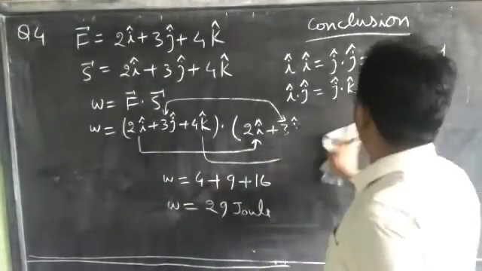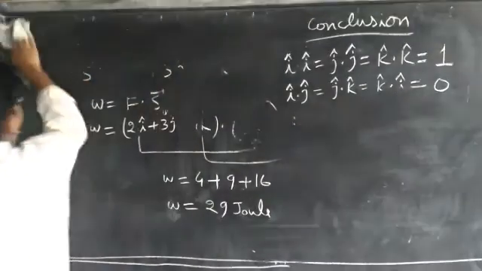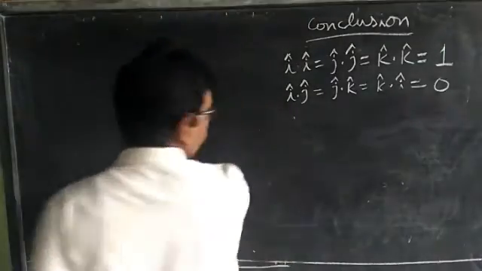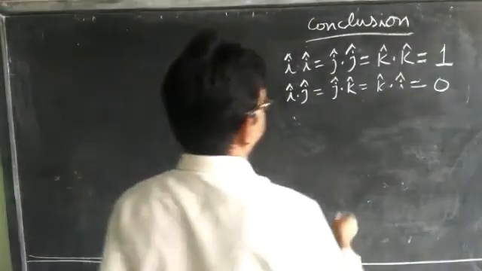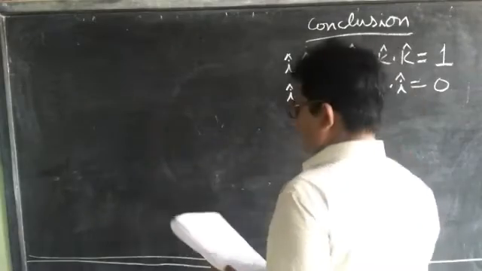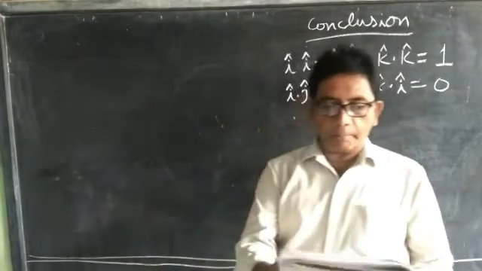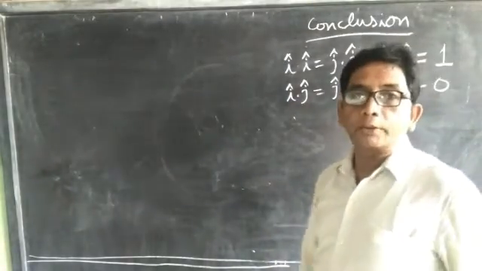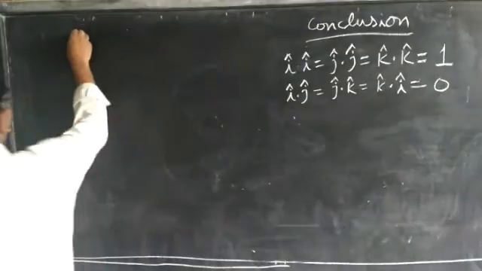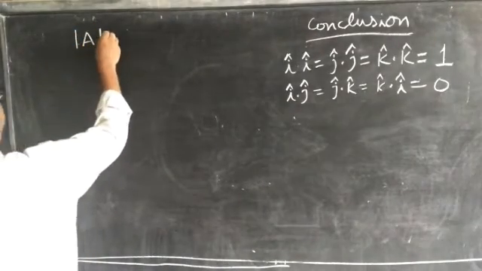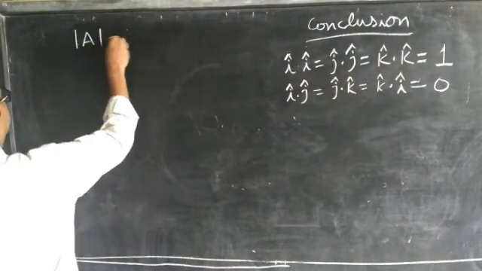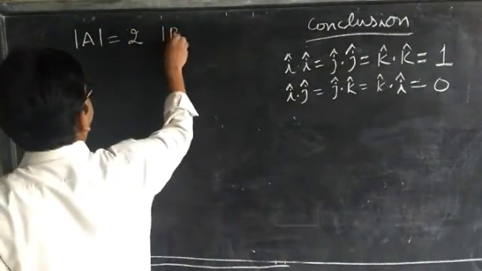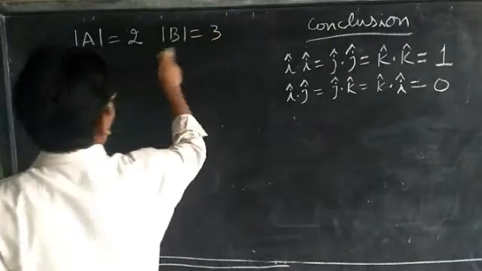Question 5. Next question is: if the magnitudes of two vectors, vector A and vector B, are 2 and 3,